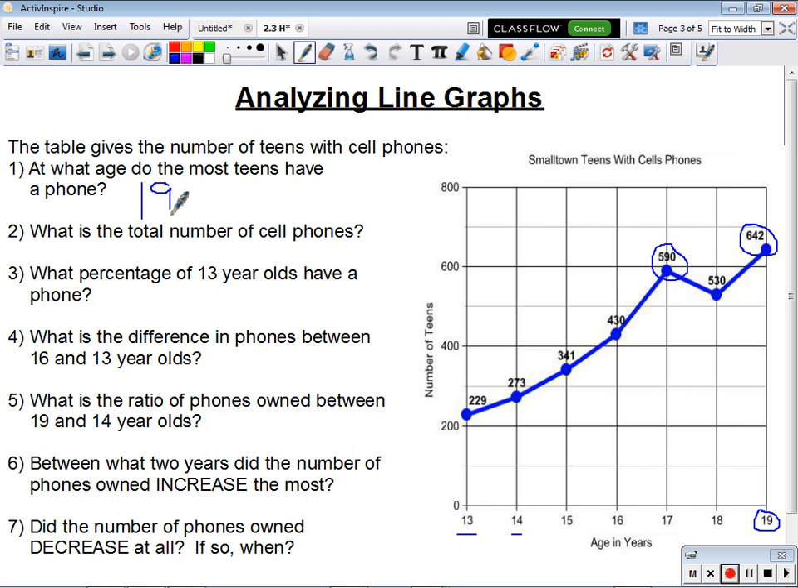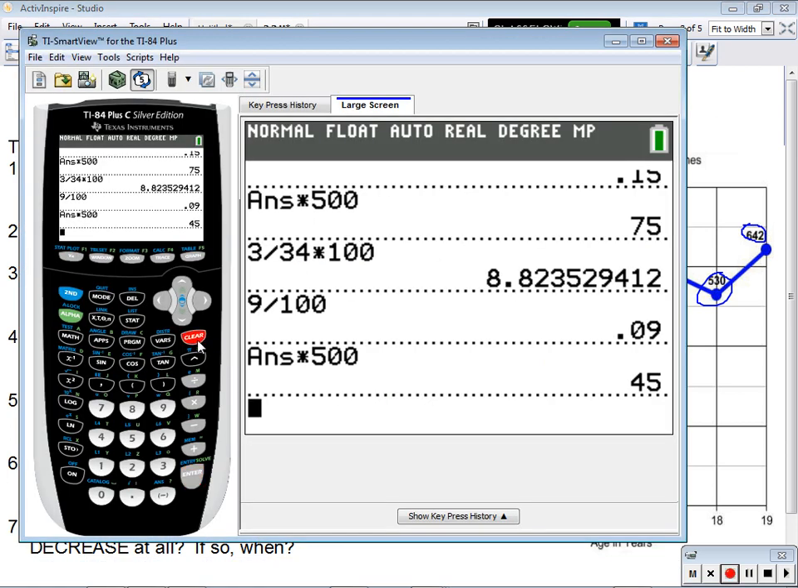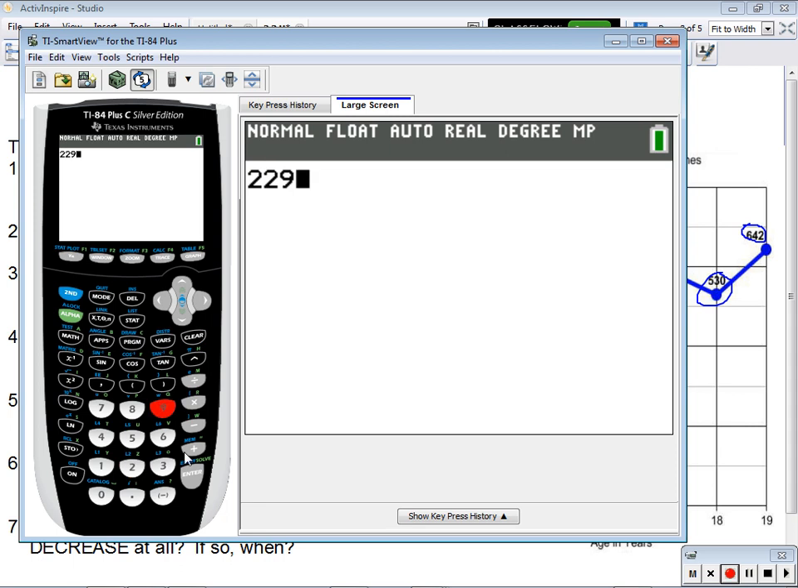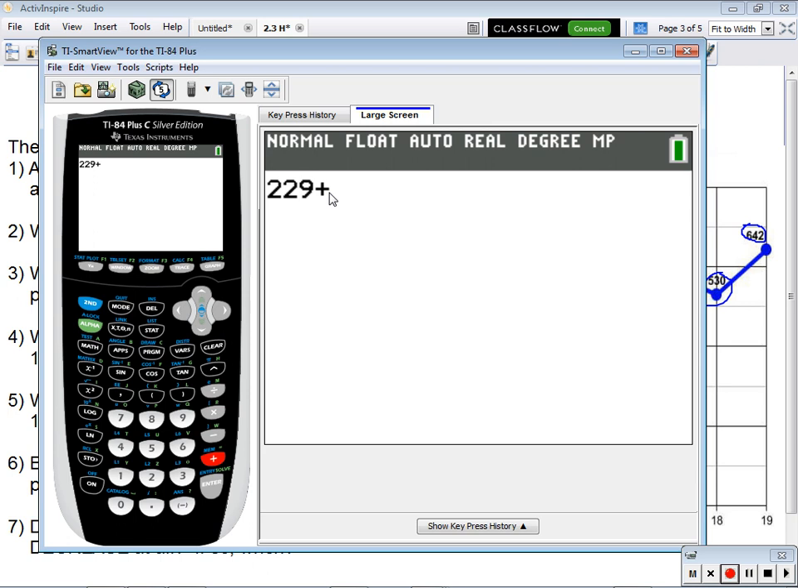So for number 2, it says, what is the total number of cell phones? So in order to answer that question, what I basically have to do is take all these numbers and add them together for each of the different age groups. I'm going to need that total to do some different things with percents and things of that nature. So I'm going to get my calculator here and add these numbers up. So I got here 229, that's the 13-year-olds, plus 14-year-olds would be 273,